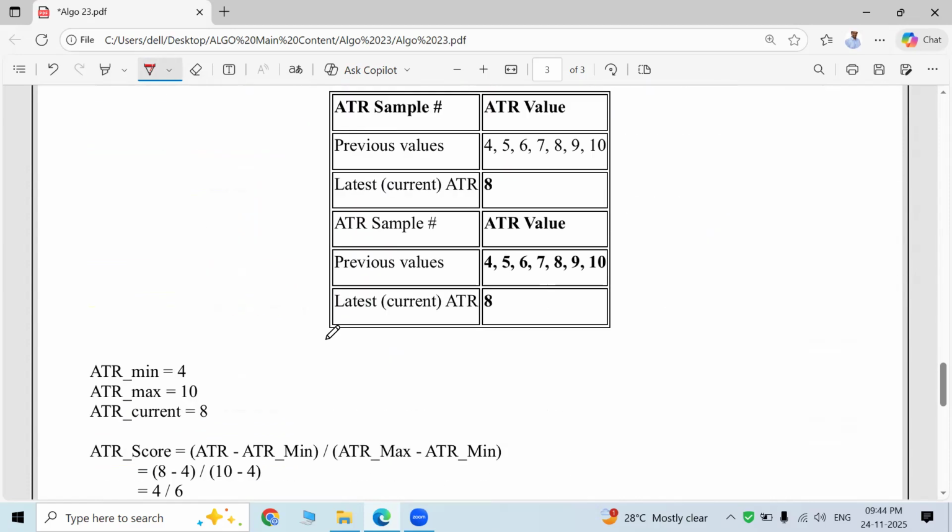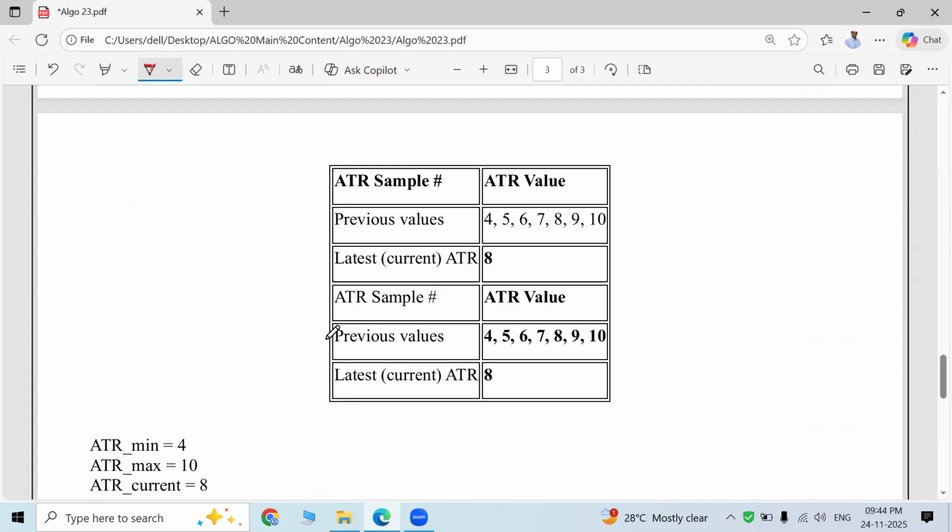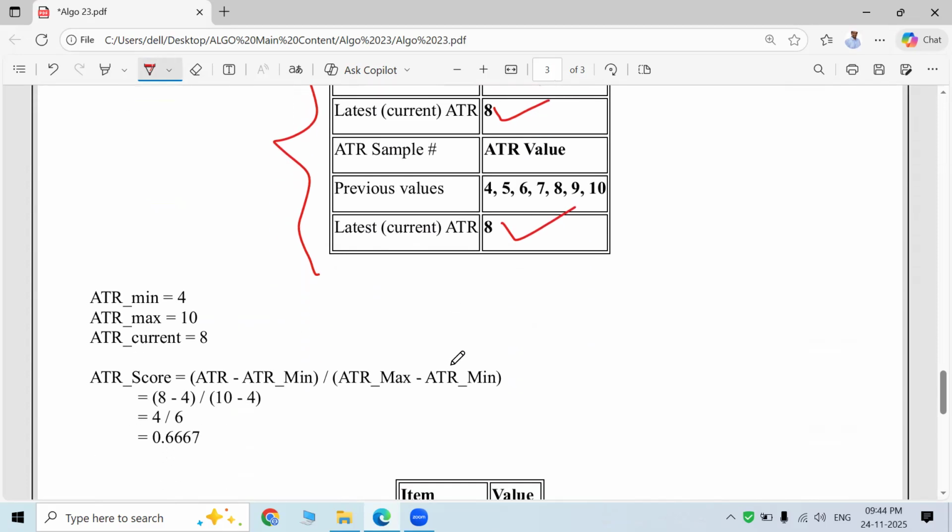Okay, now let me show this in an actual calculation so you will understand. Suppose we have collected 1, 2, 3, 7, 8 prices from the market. We consider 8 prices from the market, and the current ATR which we have calculated is 8. So the latest ATR we have calculated from this sample is 8. Previously it was 8, and now also it is 8. The minimum value of ATR is 4. Let's consider the max value of ATR is 10, and the current ATR